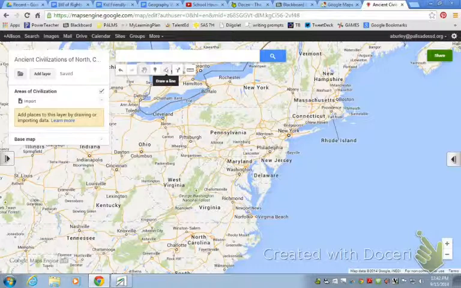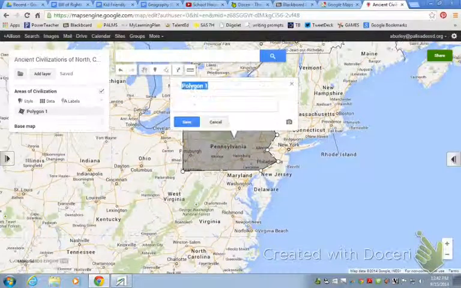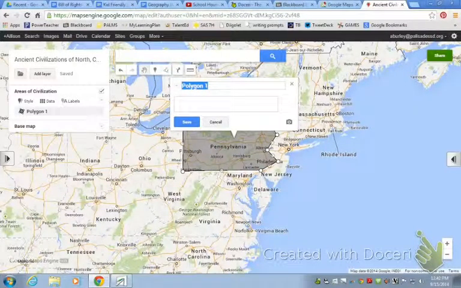So you're going to go to your shape builder and you want to add a line or shape. And this will allow you to just outline whatever area it is that you're doing. It doesn't have to be perfect. There we go. And you can actually color it in. You can do whatever you want, but we'll call this Pennsylvania civilization. All right, and then within here, there's a number of different criteria that you need to add, which I've